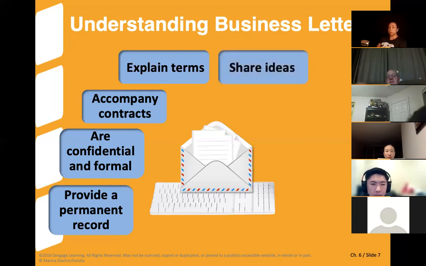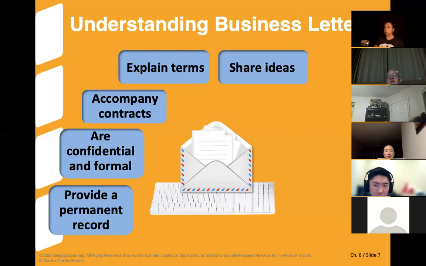You can send a letter back and forth between vendors or partners or customers where you're sharing ideas. Let's say that you're a consultant to a business. That's the service you provide. You don't have a product you sell, but you sell a service. Well, in consulting, you're always talking about ideas. The consultant's ideas about what the client should do to improve their performance. And it would go right into that.